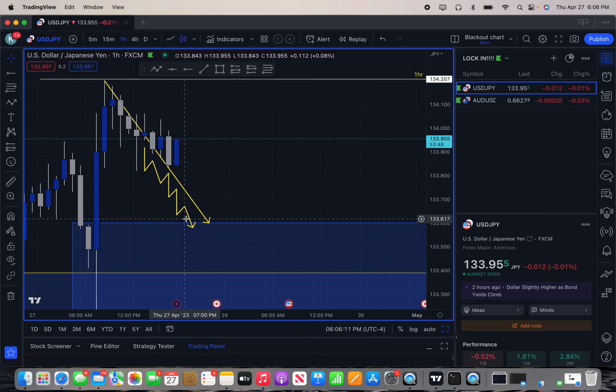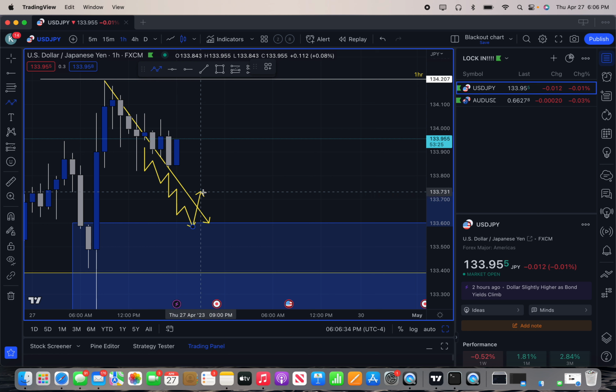So what I'm looking for here is a change of character pattern. A change of character, simply put, is you see how it's creating lower lows, lower high, lower low, lower high. It's where market says, okay, instead of creating lower low and lower high, guess what I'm gonna do? Switch it up on you. This is a reversal pattern. So it clears the lower high,